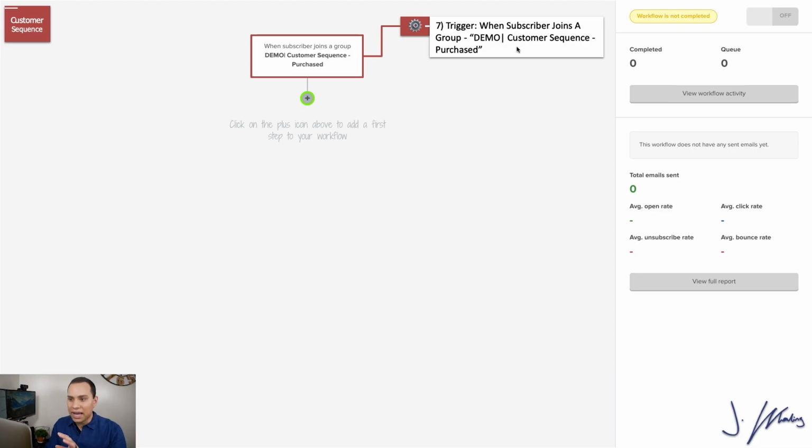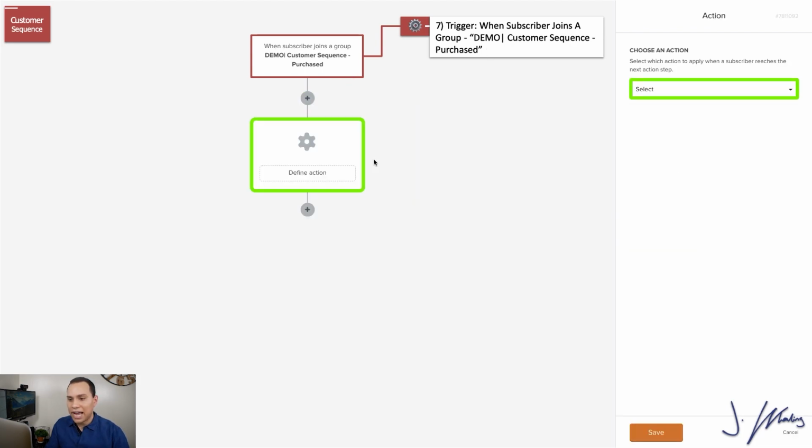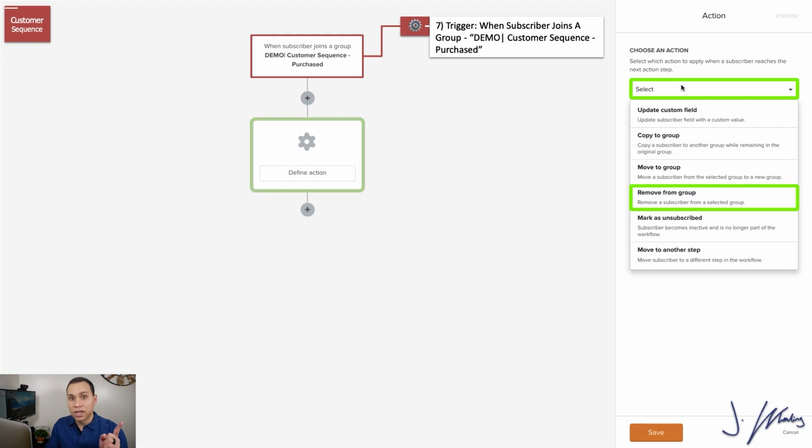So then what we have here is our automation is set up to start when someone purchases a product or service. I'll show you how to set this up in a shopping cart in a moment. So let's hit the plus button. We're going to have an action, and we need to remove them from our sales sequence, right? Because they're going through that sales sequence and all of a sudden they say, you know what, I'm going to buy. Well, we want the sequence to stop immediately, and we want this sequence that we're setting up to start immediately.